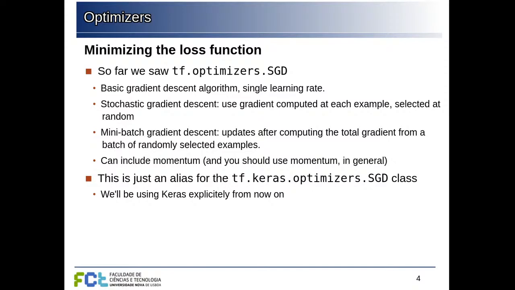We can also use momentum, as we saw previously, where we use the gradient information to change the rate at which we are changing the parameter. So a sort of velocity, and we use the gradient to give us the acceleration. And this is a good idea. If you use the SGD class, the stochastic gradient descent, this basic optimizer, you should use momentum because it gives you a lot better results. So we already saw this one, and this one is fairly simple. But one problem with this